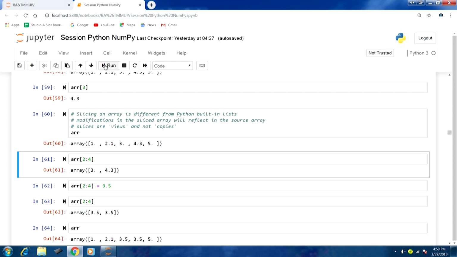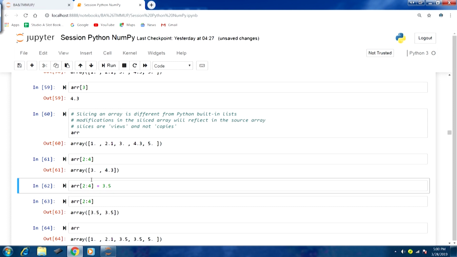The stopping point is not typically included, as you would remember from when we learned lists. So, you can see in the output 3 and 4.3, these two elements have been returned, and 5 has not been returned because that corresponds to the stop point.